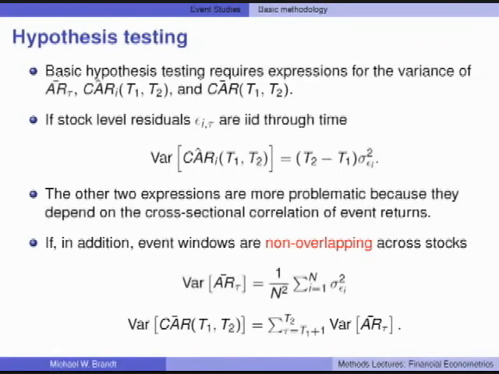Because now all of a sudden, when you have event windows that are not perfectly lined up, but also not perfectly separate, you start introducing lead-lag cross-correlations. And those lead-lag cross-correlations show up in the variance term for this cumulative average abnormal return statistic. So we can proceed by ignoring those issues and pretend or assume or check that our event windows are in fact non-overlapping. Then we can treat the abnormal returns and the cumulative abnormal return stock by stock as being independent